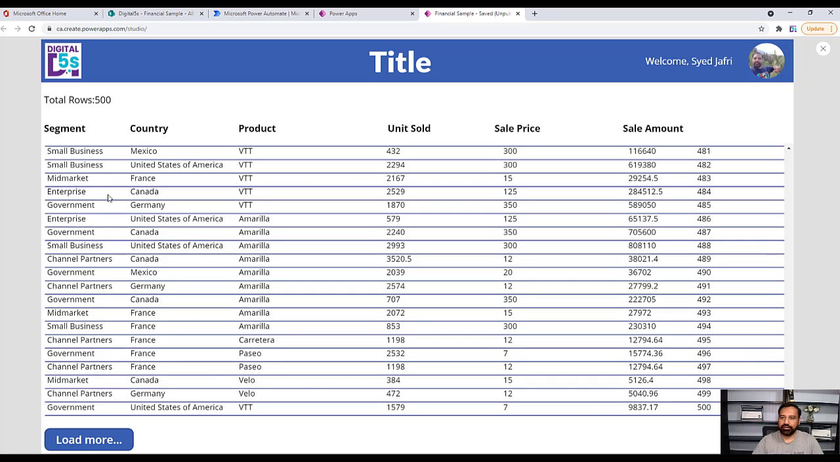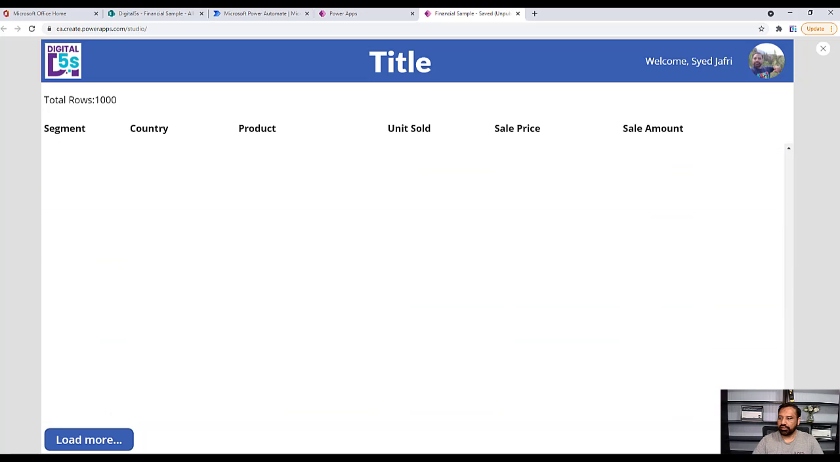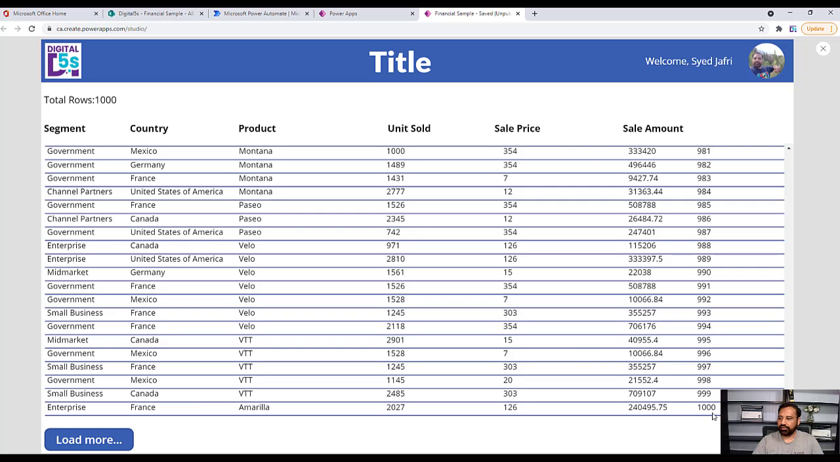So it's 500. Now total rows are 500. I'm going to click load more, and it should go to 1000 right now because I loaded 500 more records. If you notice, the total rows are 1000, and if I keep clicking here, 1500, keep adding. Now we have 2000 rows. We keep loading, 2500,